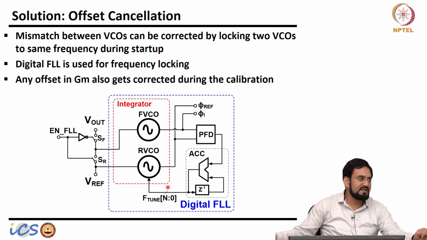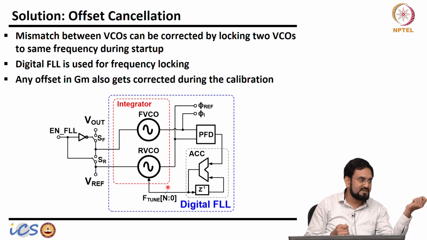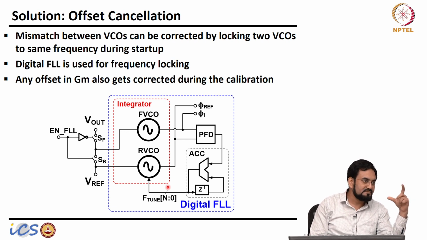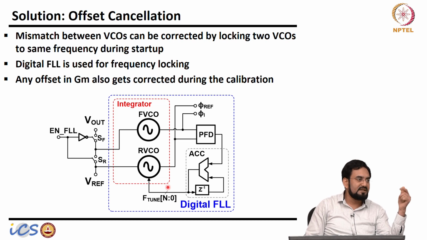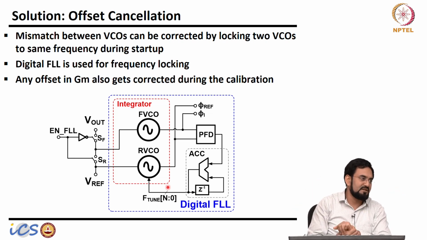You remember, we were introducing the offset in one direction to cancel the offset. If there was a positive offset, we were introducing a negative offset. We were tying the input, making the error 0 and monitoring the output, whether it's a 1 or 0, and then keep applying until the transition happens. The same thing is here, but everything is in the time domain. That's it.